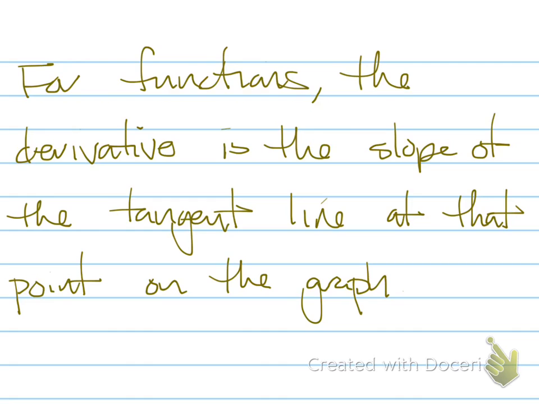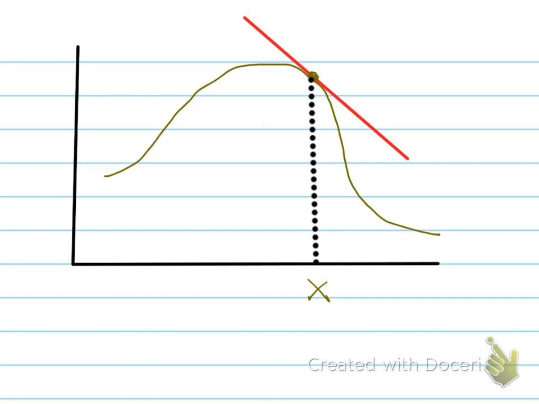So up to this point, we've been looking at the average rate of change. The average rate of change is the change in y's over the change in x. All right, so